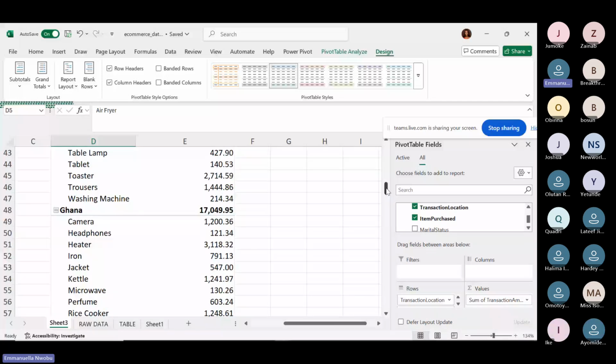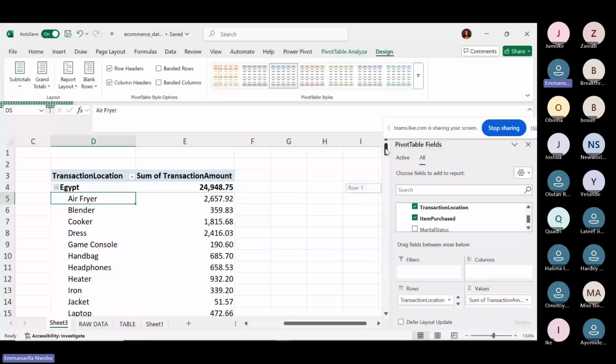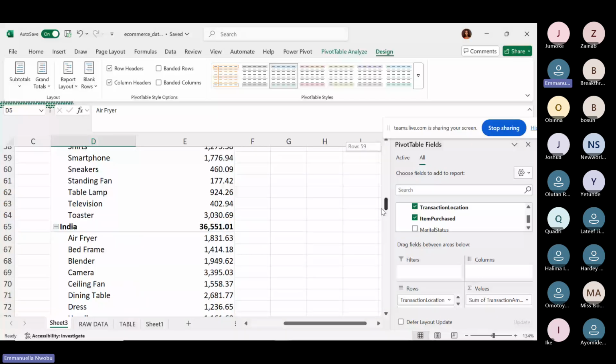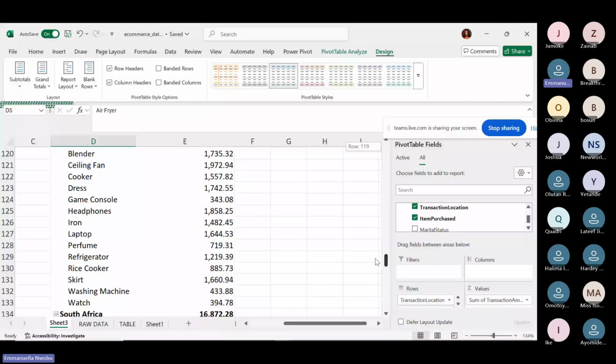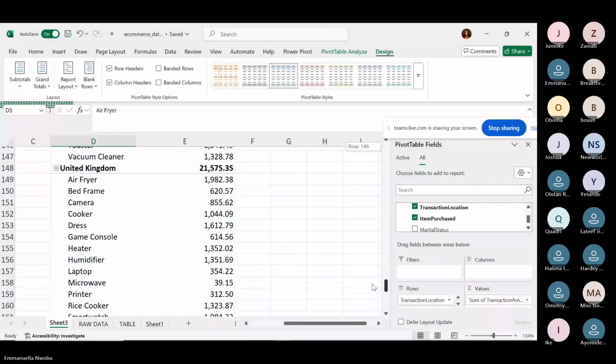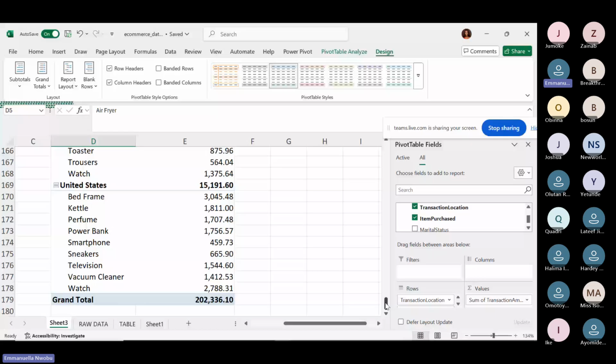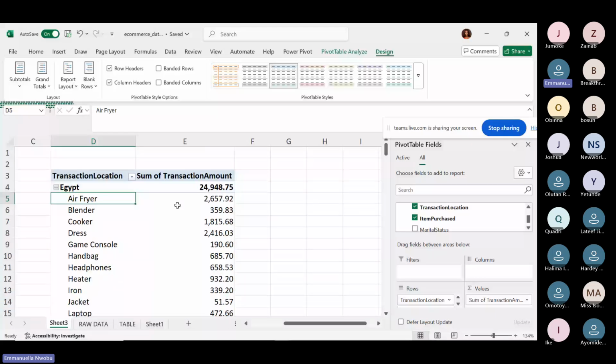Once I included the items purchased, Egypt, that is the locations, became a sub of our grand total, this right here. So now, if I want to see in each location what the sum is,